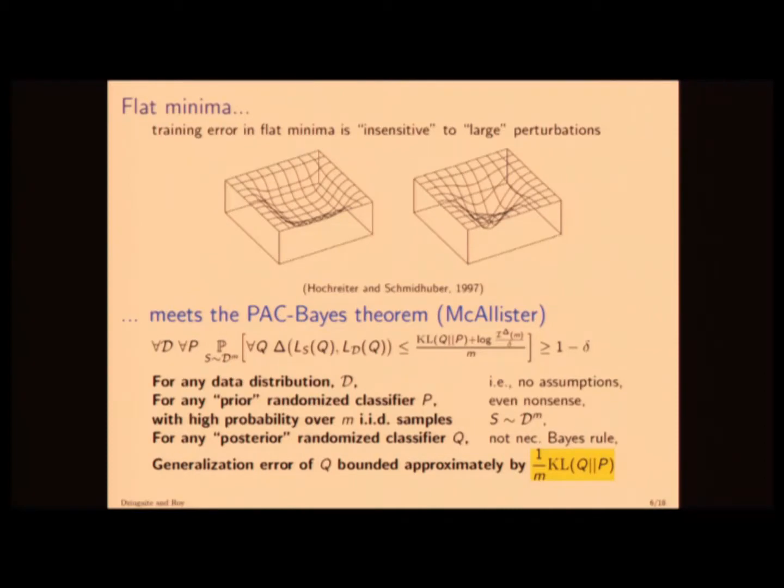Now you can tell that story to yourself, but then it could be the case that on real data, these numbers add up and you get something bigger than 1. And just to foreshadow, we're going to add up these numbers and get a number that's less than 1. That's the empirical finding, really. It might not happen on another problem. We've only studied a few problems. But so far, we have found enough volume near the solution that SGD finds to inflate this big Gaussian and get a generalization bound that's less than 1.